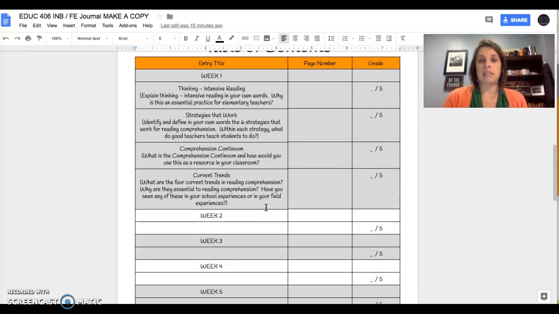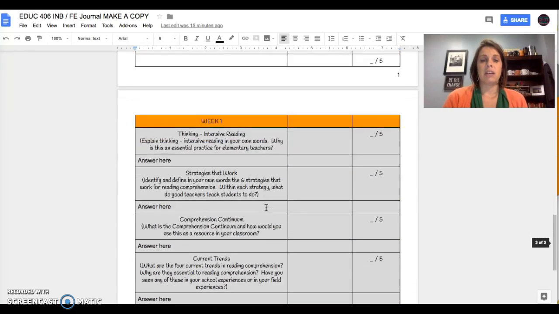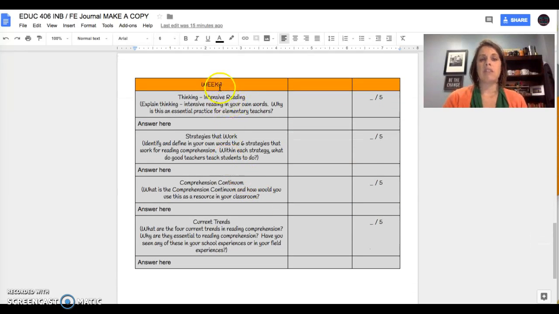This is just your table of contents, though. This is not where you're going to be plugging in your information. When you scroll down, starting with the next page, you will have your prompts and what you're going to be responding with. When you make a copy, you will see in week 1 that you're reading chapters 1, 2, and 3, and you will find this information in those chapters. You type in your answer underneath the box with the prompt. I will either put a comment off to the side or after your entry in the box, or wherever, to provide feedback and maybe start a conversation depending on how the responses are going.